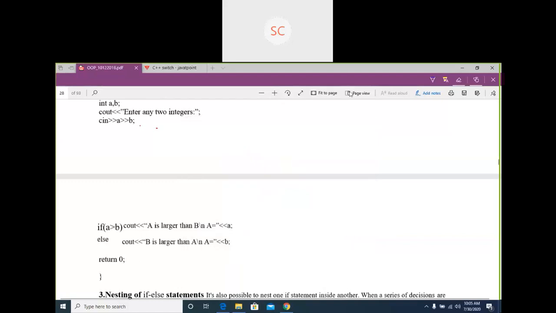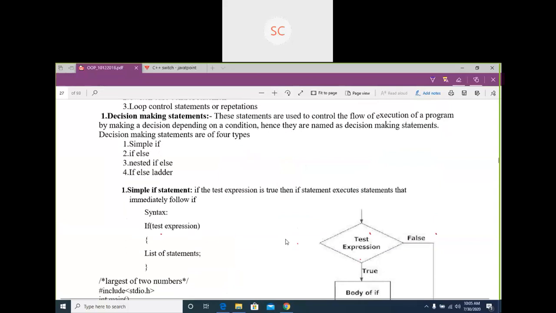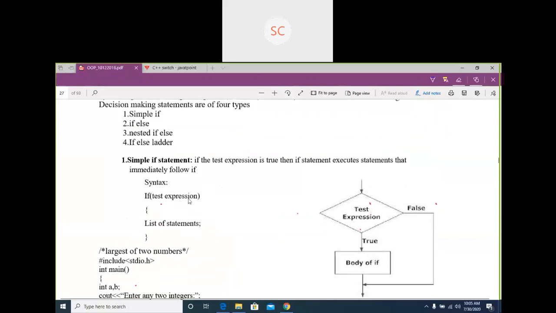Execute some block of code. Okay, just briefly I will explain one. If the condition is true, then the specified block, whatever block comes after the if condition, that block of code is going to execute. If that condition is false, you won't touch that block. Simply you will execute some sequential code.